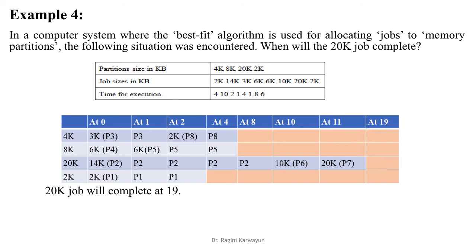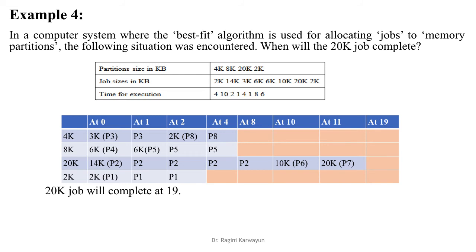बेस्ट फिट यूज़ करें ना, तो बेस्ट फिट के लिए हम क्या करेंगे, we can arrange these partitions in increasing order 4, 8, 22. तो पहला प्रोसेस 2K है तो 2K will be allocated a 2K partition, तो 2K पार्टीशन में P1 आ गया. Then for 14K, the 20K partition is best, so we will give P2 the 20K partition. Then for 3K, 4K is best, so the 4K partition will be allocated to P3. Then 6K, that is P4, will be allocated the 8K partition. So at 0 this will be the situation when you accommodate P1, P2, P3 and P4 in memory.